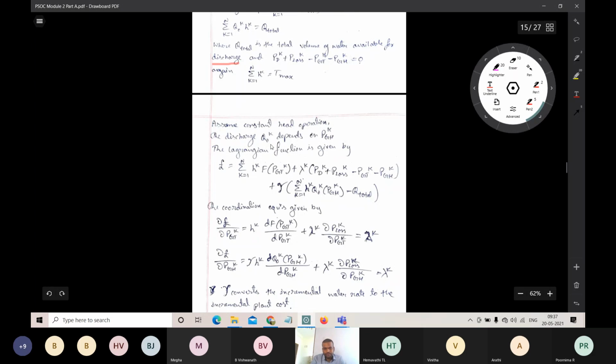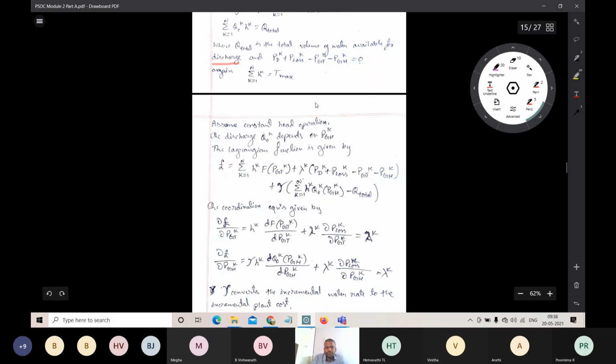So as usual, this is the common thing: the amount of water that is discharging or flowing out of the reservoir mainly depends upon how much power we generate using the hydel. That is, the power generated using the hydel depends only on the amount of water that is flowing out.